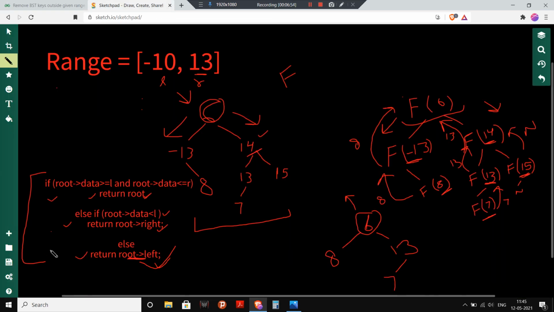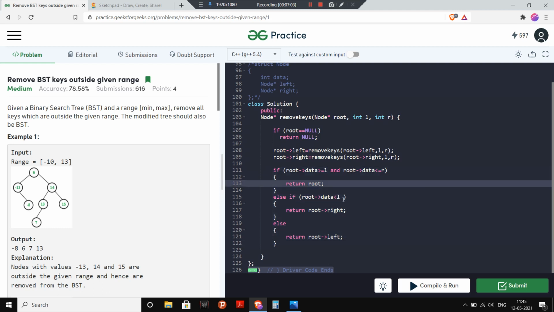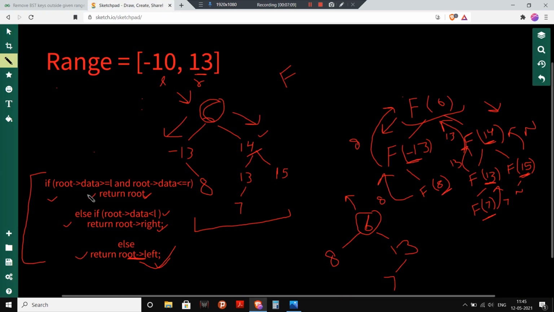These are the same conditions that we discussed earlier. If the data of the root is greater than or equal to L and less than or equal to R, then I will return root. Otherwise, if it is less than L, I will return root's right, otherwise I will return root's left.